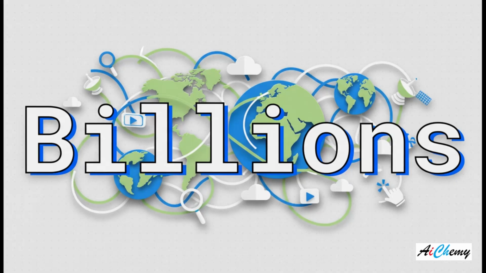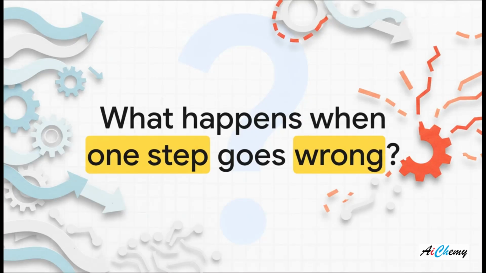And here's the kicker. This whole round trip, this incredibly complex dance across the entire planet and back again, it happens billions upon billions of times, every single day. For every Google search, every YouTube video, every single click you make. And it all happens so unbelievably fast that it feels, well, it feels perfect, seamless, almost unbreakable, right? But what we've just seen is that it's actually a massive chain of countless tiny individual steps, and every single one of those steps has to work perfectly. Which leaves us with a final question to think about. What happens when just one tiny link in that chain